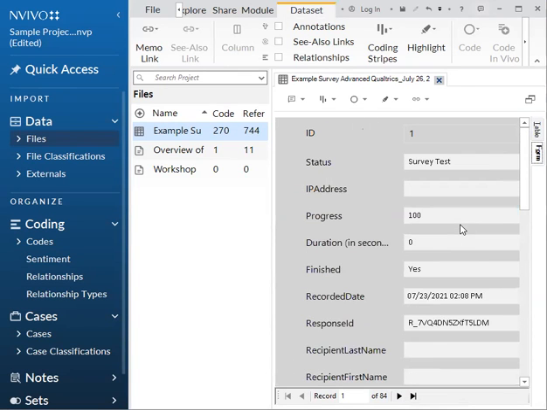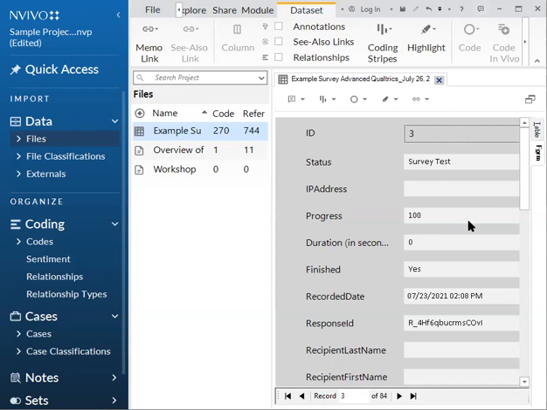This is our first respondent. And if we click the arrows at the bottom, we can go through to record 2, record 3, and so on and so forth. So this viewing option just gives you another way of looking at your data to frame it by individual responses versus the data set as a whole. You can always switch back and forth depending on your research needs.